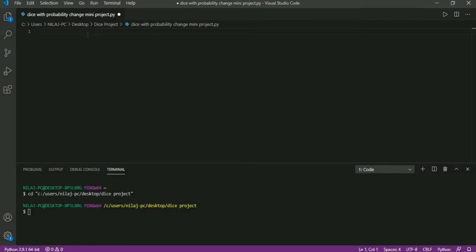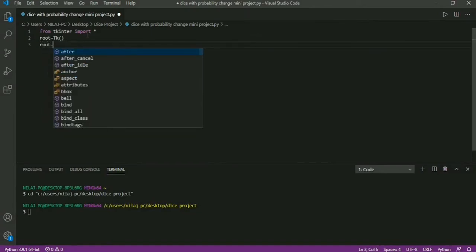Now I will import tkinter module, from tkinter module import everything, and now I will create my main window named as root. Now I will set its size and geometry.